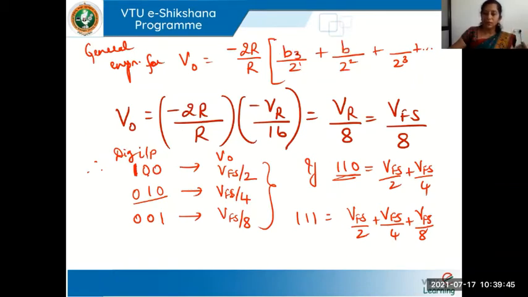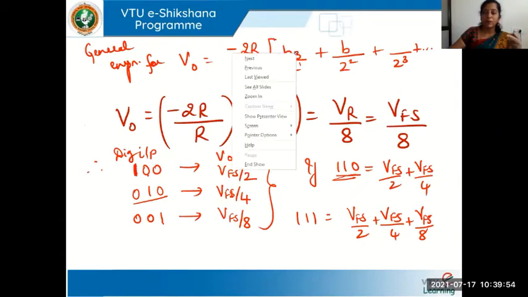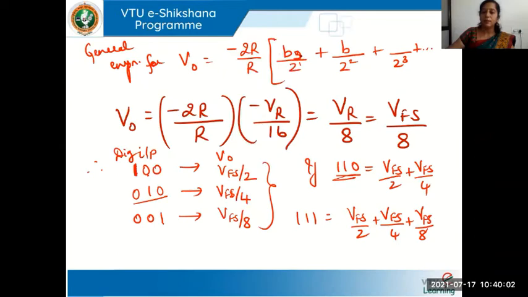When here, what should I call it as? Let me say, what would you call B0, B1, B2, B3? In order, you can go on writing. If it is a 4-bit DAC, this will be B3. For a 3-bit DAC, this will be B2, B1, and B0 by 2 cubed. This is a 3-bit DAC. This whole thing into the full scale output voltage or VR, you can write.